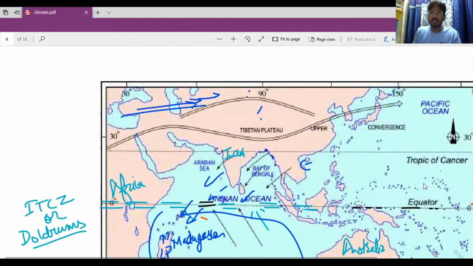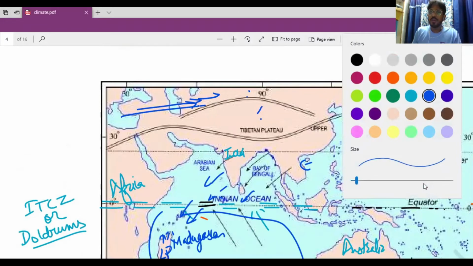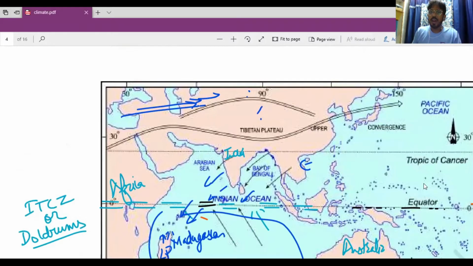High pressure will generate. Why will high pressure generate on the Tibetan plateau? Because there is no heating. When there is no heating, molecules of air will come and settle on the Tibetan plateau. So high pressure will form over here, and